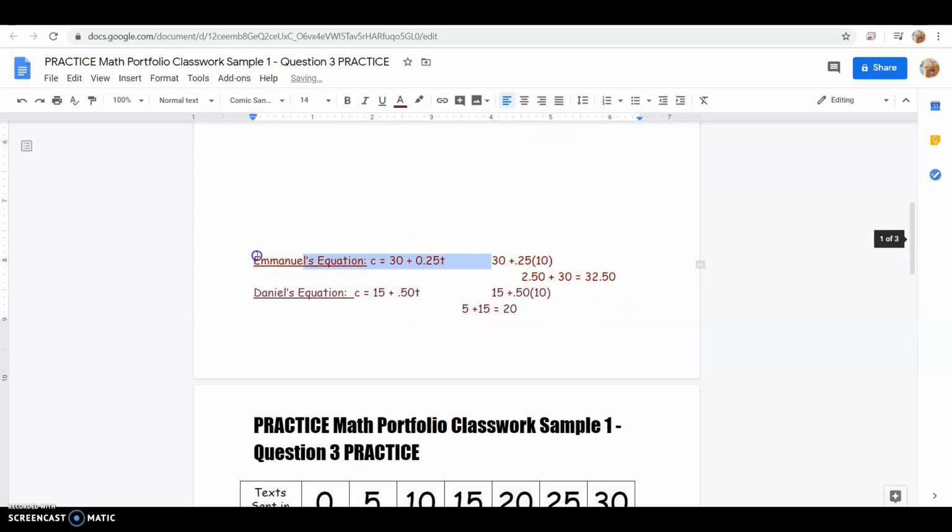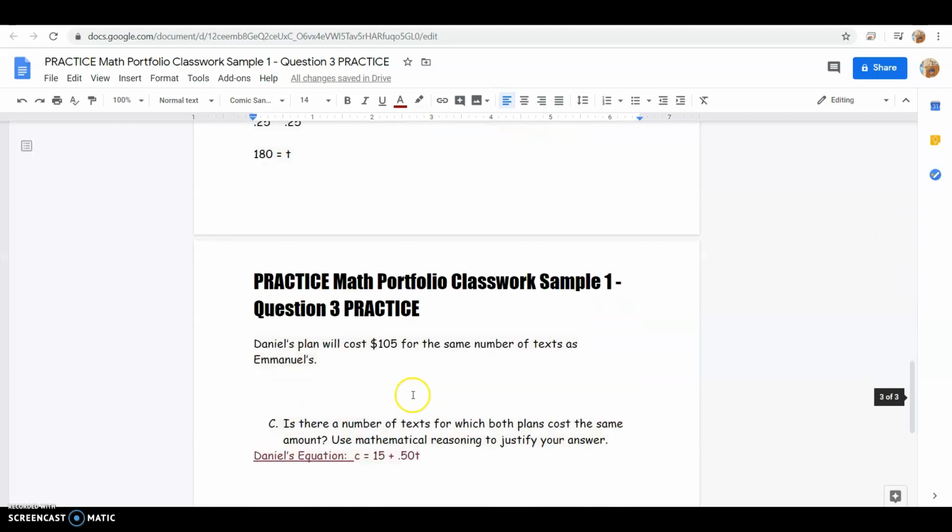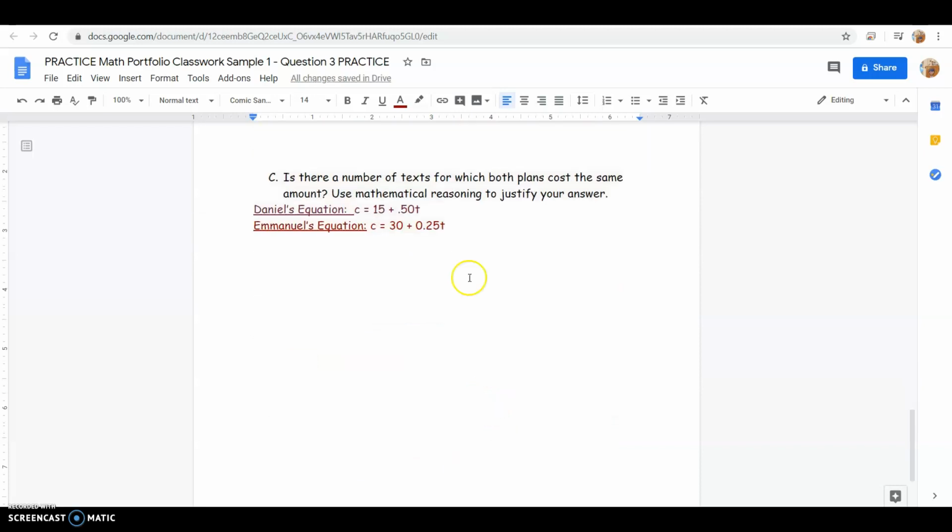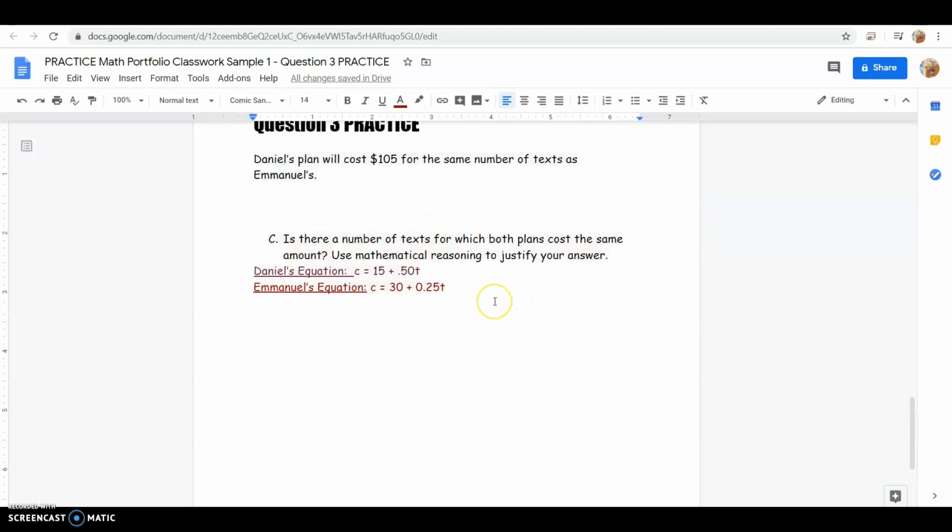Boom. And I want Emmanuel's equation underneath that. Boom. Now that I have both equations here, what I need to do is figure out how many texts they each need to send for them to have the same bill. To do that, you take both of these numbers. Well, before we get there, actually, something that you're going to definitely need in between is an equal sign,